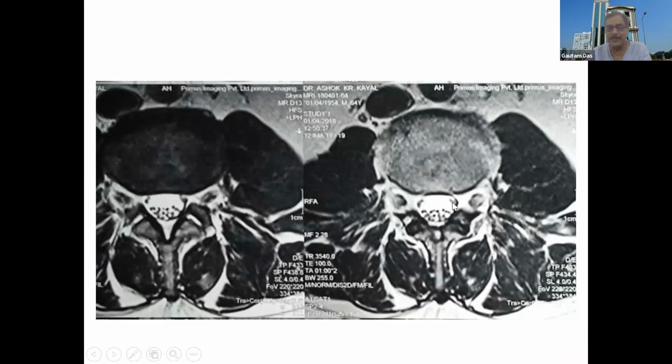You can see this is a traversing nerve root, and here you can see the disc is degenerated. This is taken through the disc level, and here you can see that nuclear material is coming towards the periphery. So the disc is degenerated, but there is no pressure on the exiting or traversing nerve root. Exiting nerve root is here. The foraminal fat is here, and here again very important, you see the